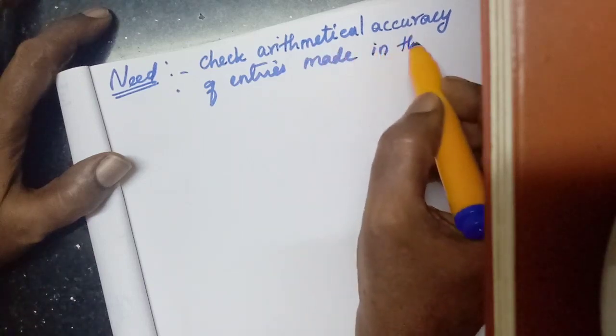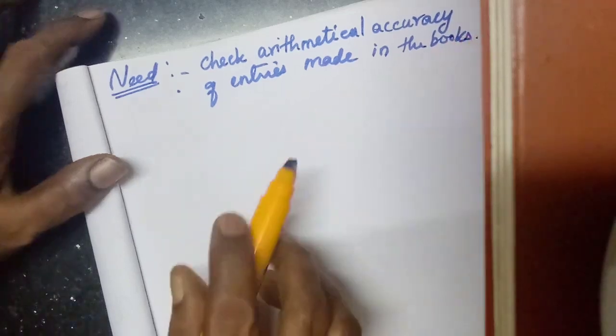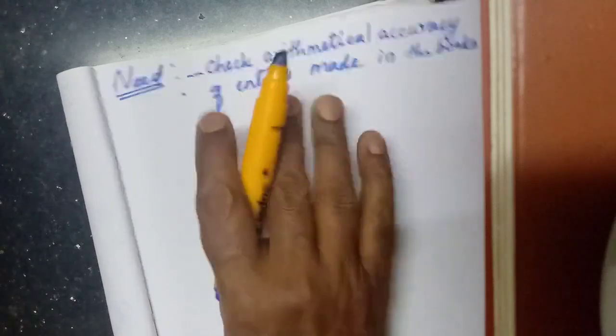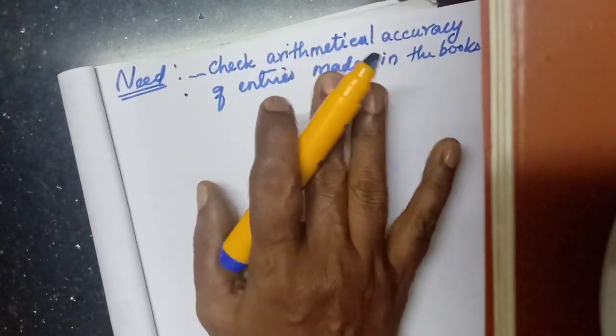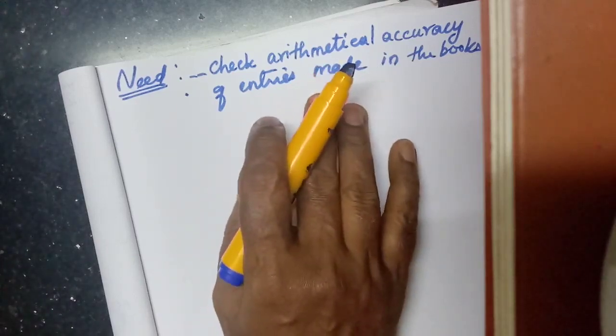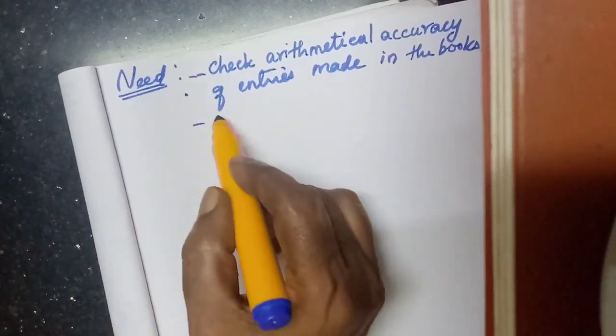In the books of accounts, we make many entries, isn't it? Journal entries, posting, then totaling, balancing. So all of that we can check. If it tallies, we can say okay, arithmetical accuracy is there. Otherwise, we cannot say. Then this is considered as the basis for